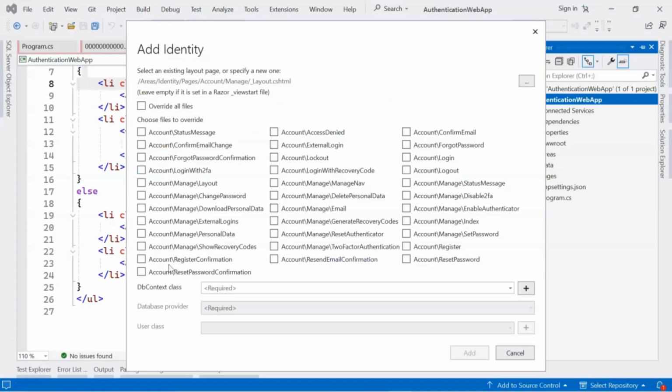Here you can see a list of items which we can select. There are confirm email change, login with 2FA, manage email, a lot of pages which we can add, and all these are added into the Account folder. Since I'm not using all these pages for now, I'll just cancel it.